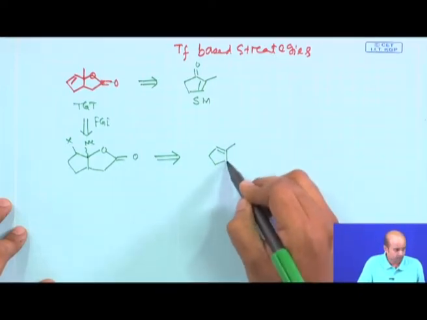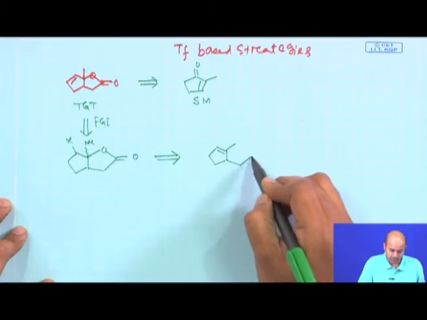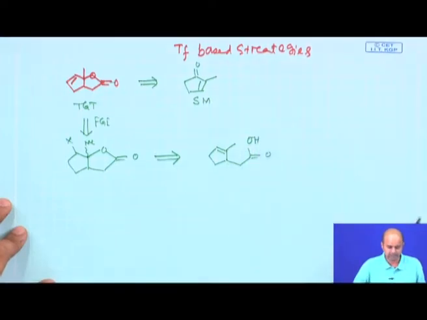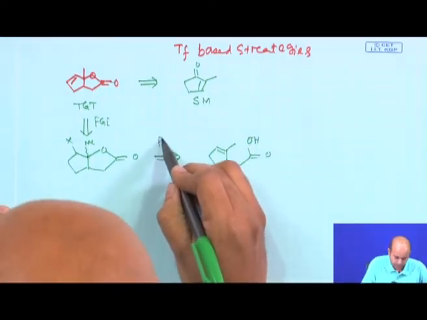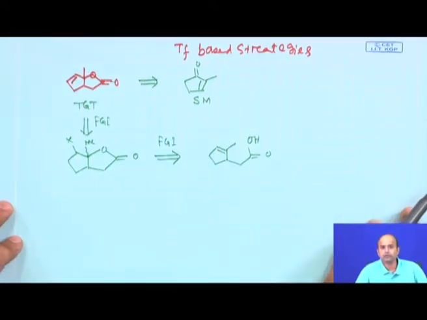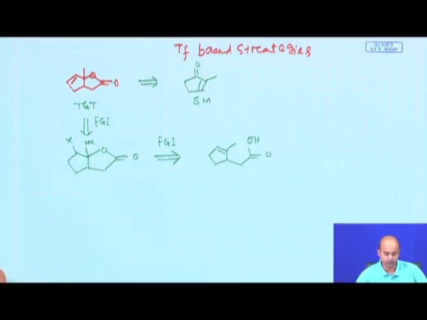Now, we will be drawing an intermediate whose structure is something like this. Why did we draw this retro? We have already talked about a reaction named halolactonization. Halolactonization is a very useful reaction where you first make a bromonium or halonium ion, then you have an internal or intramolecular nucleophile which attacks the bromonium ion to give you these things.